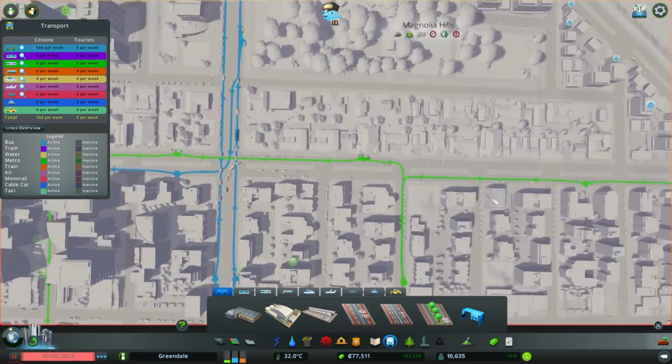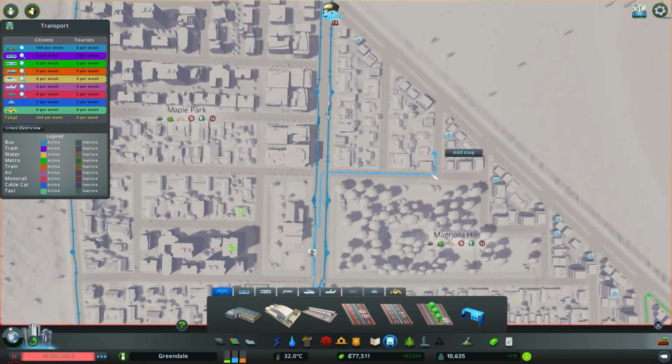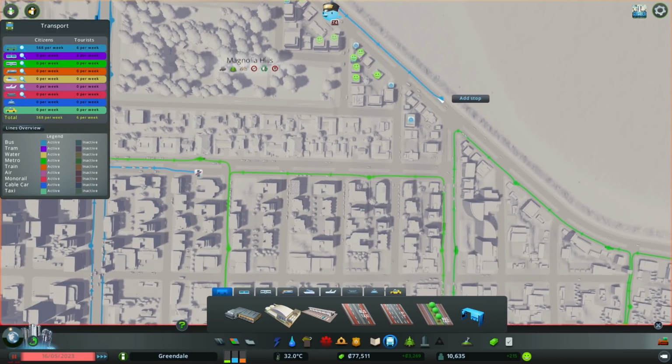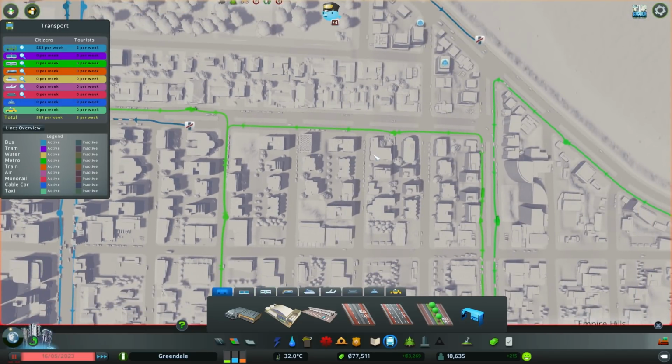And then what we want to do is have another line that goes pretty much in the opposite direction. It will share that stop, and then it's going to go this way and around this district. And it can share... Oh, wait a minute. Oh, that's a bit awkward, isn't it? The way I've done that one. Okay, that's ever so slightly tricky. I guess it's going to have to share...